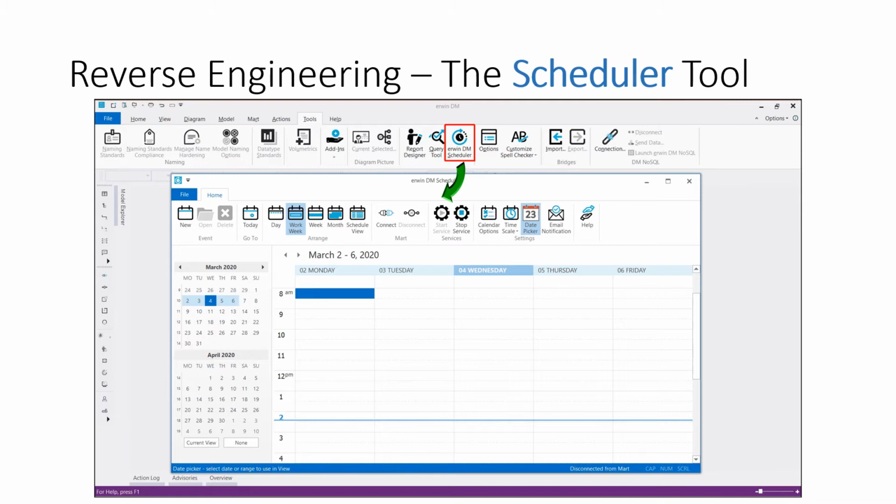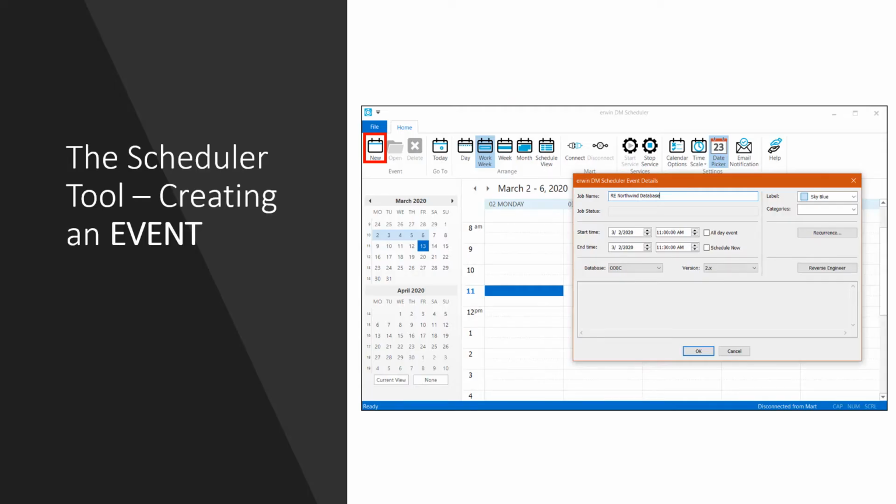Creating a new scheduler event is as simple as double-clicking the desired time slot or highlighting a time slot, right-clicking, and then selecting Add New Event. A Scheduler Event Details dialog is then displayed. Modelers should enter a unique name for the event, also referred to as a task or job, the source database details, adjust the start and end date times, and optionally select a label and category color, which is used for